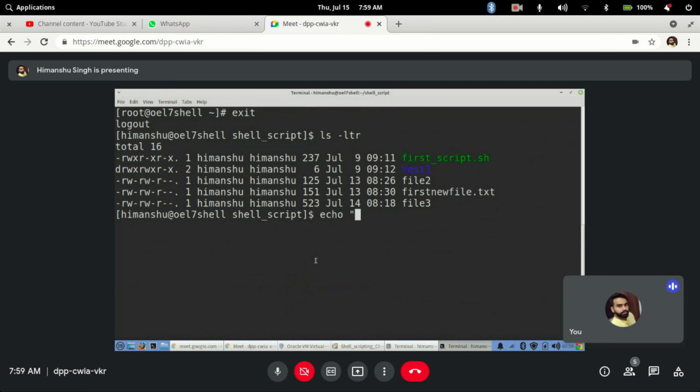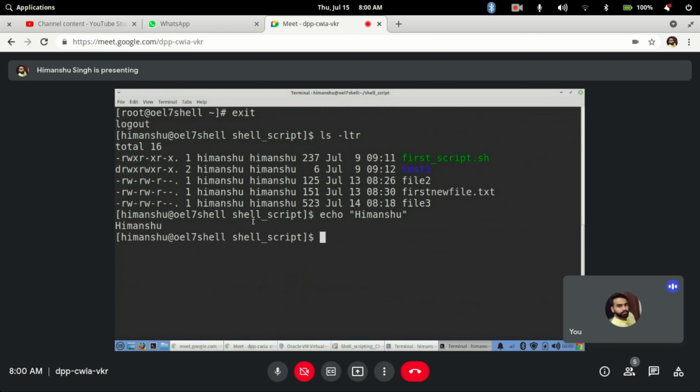Let's say if I want to simply print Himanshu, if I want to print something directly on my screen, I can simply mention echo Himanshu. It will print the particular content that I wanted to print directly on the screen.